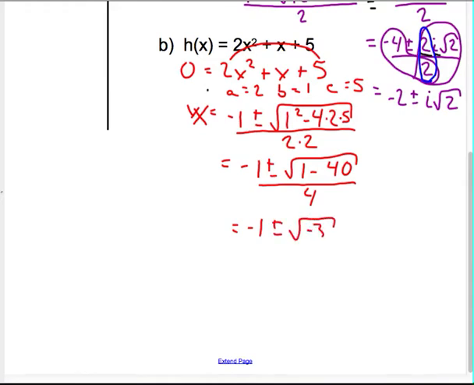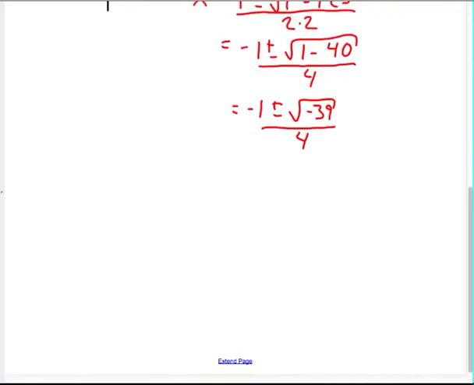1 minus 40 is negative 39. 39 has no perfect square factors, so we have nothing to factor out except for the negative. So the square root of negative 1 is